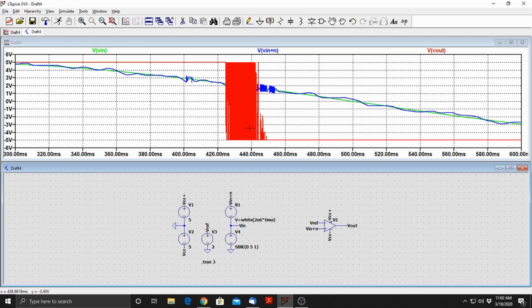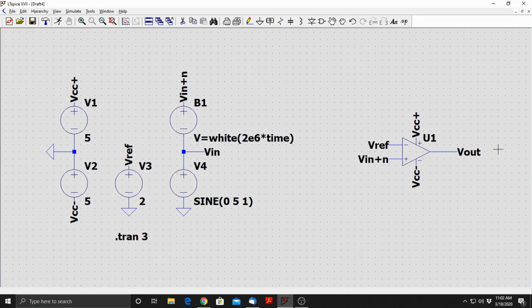A way to rectify this is to use a positive feedback comparator circuit, better known as a Schmitt trigger. So I'm going to go ahead and close this plot and then show you how to implement the Schmitt trigger. I'm going to delete this Vn plus N input signal from the non-inverting terminal because I'm going to create a feedback loop that connects my non-inverting input terminal to my output,